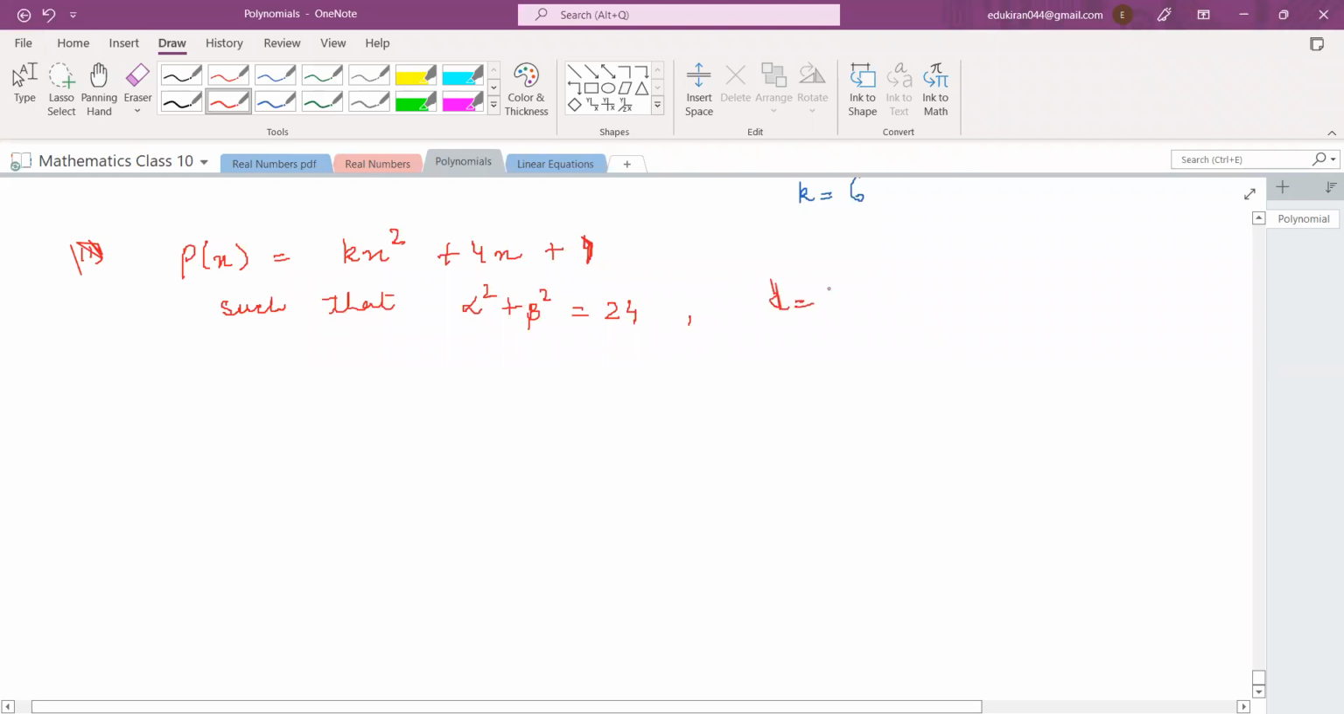Ma'am, what is the constant? Kx square plus 4x plus 4. Okay, ma'am. So again, find the value of k. So the condition has changed. In the previous question, it was